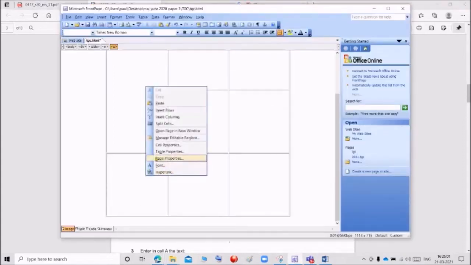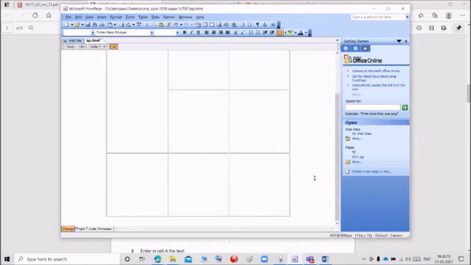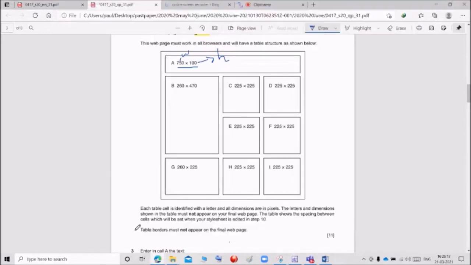So select this. Go to the cell properties. Width, height give 260 and height will be 255. Apply and click OK. So now we get the table in this format. If you go to the question paper, it will be like that. Okay. So each table is identified with a letter and all dimensions are in pixels. So for each table, we want to give the